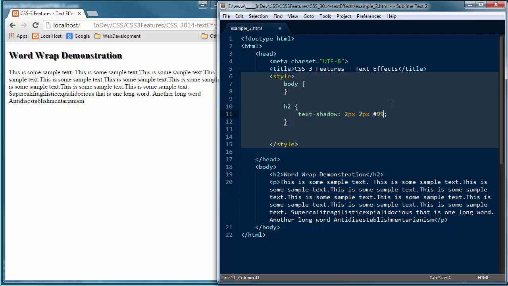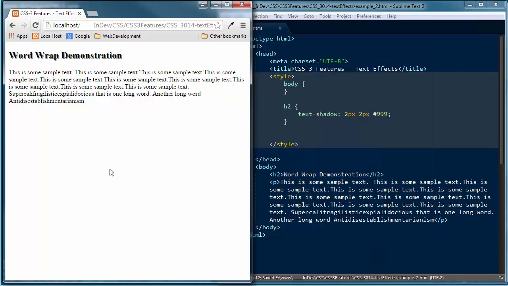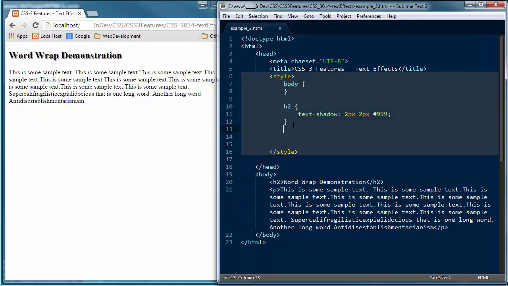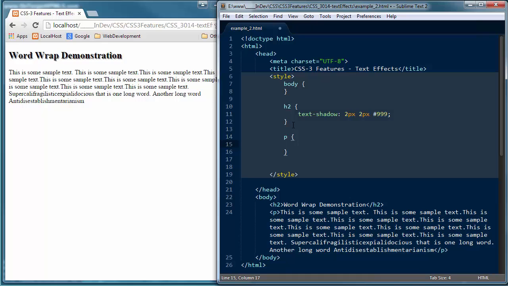Let's make it a 999. It looks too much like our text color. There we go. That's a little better. No blur on that one. Now what I want to do is go ahead and show you how we can actually use this new word wrap feature, because it actually is kind of cool. So I'm going to go ahead and add some styling to our paragraph element, open and close my curly braces. First thing I want to do is assign a width so we can actually force these words to break, and I'm just going to give the width a 10em,